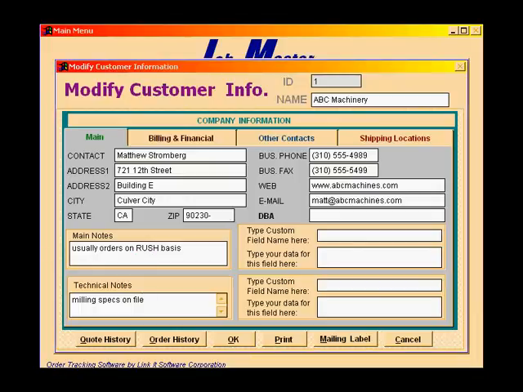As you can see from this screen, customer data can be entered by customer name and customer ID number. There are 4 tabs along the top: Main, which is the main customer information, Billing and Financial, Other Contacts, and Shipping Locations. In the main screen, there are also buttons for Quote History, Order History, Printing of the customer record, Printing of a mailing label, and there are multiple data entry areas which can be